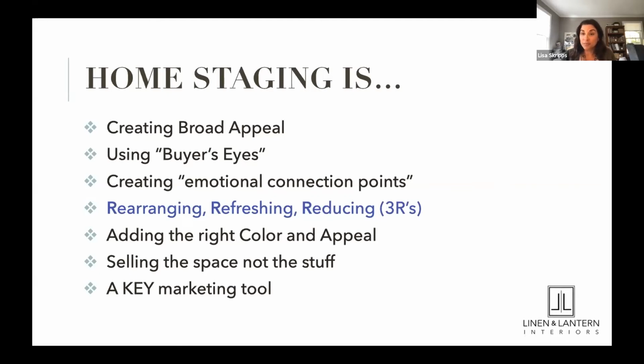95% of buyers, prior to actually going on their search, look on the internet. So your pictures from your home are going to be on the internet, and 95% of buyers will see those pictures first. So pictures are huge, lighting is huge, and trying to create that broad appeal is what staging is